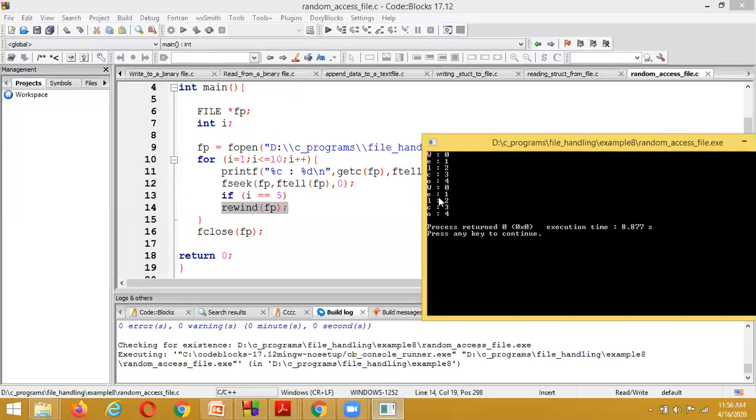That's why we have moved to the starting position and it displays "Welco" again.